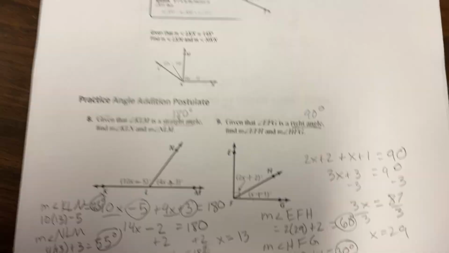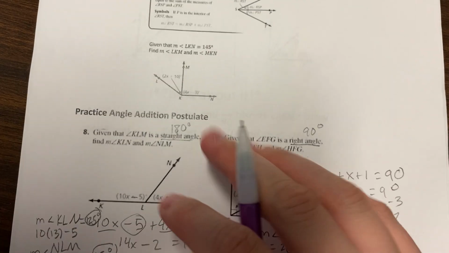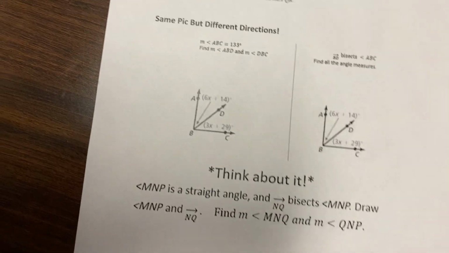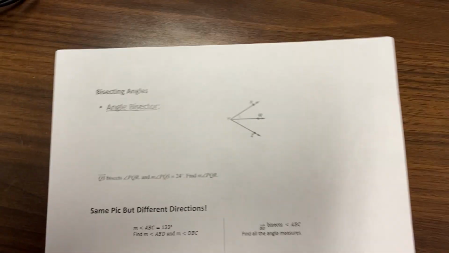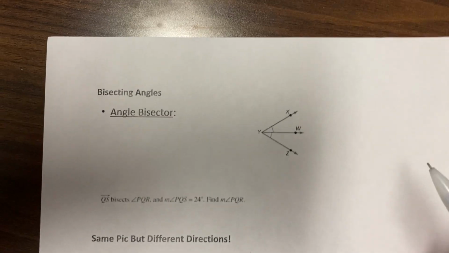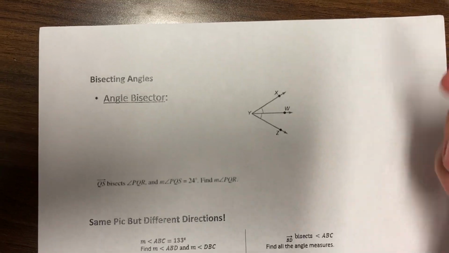All right, so hopefully y'all are feeling pretty good about these. This is why we reviewed solving equations so much at the beginning of the year, because that's what we're gonna do. So here's another definition that's very important. So angle bisector. So basically what this means